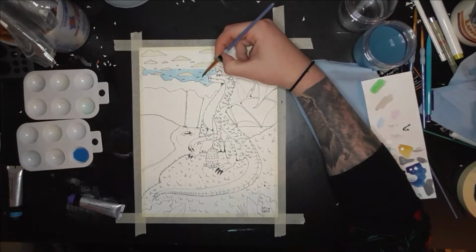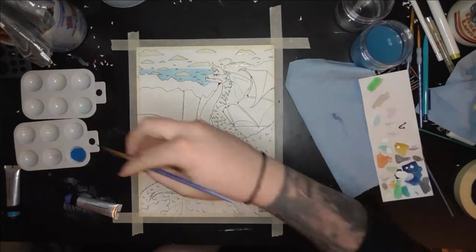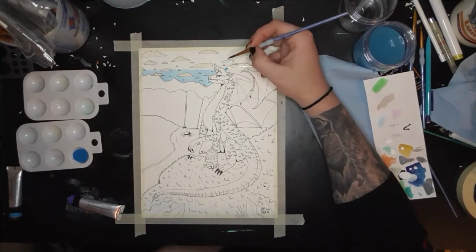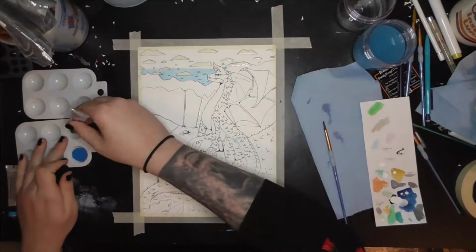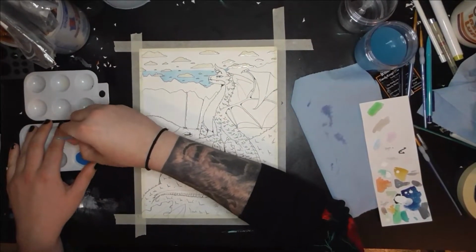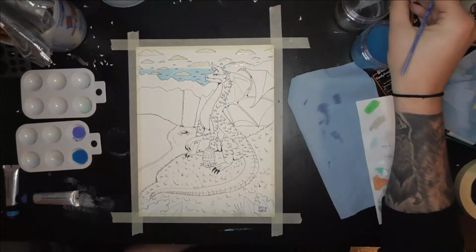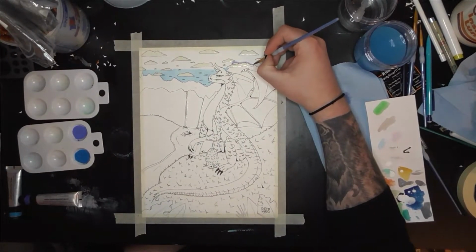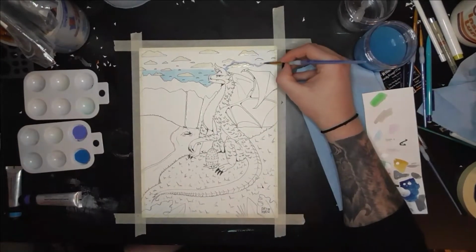I have a lot of canvases because I have an addiction, I guess, to buying canvases and art supplies, and I lose interest in that medium very quickly, so then it just sits on my shelf, and I want to actually be more intentional. If I buy something, then I want to make content with it. I want to make works of art with it and just play and see what I like. Because if I don't try anything new, I'll never know,